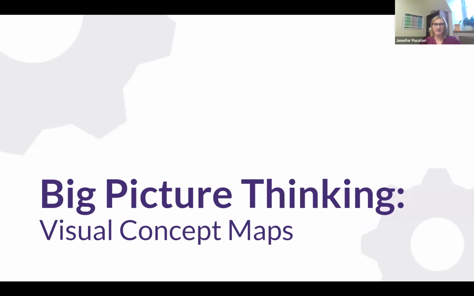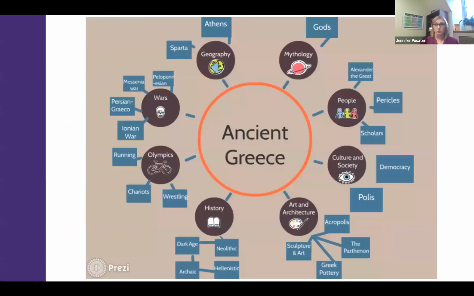Another thing to think about is this idea of big picture thinking being kind of tricky. One way that you can help with that is by using visuals. A thing that is really helpful to remember generally when working with students with autism spectrum disorder: visuals, visuals, visuals. The more you can lay things out visually for them, the quicker they're going to grasp that concept.